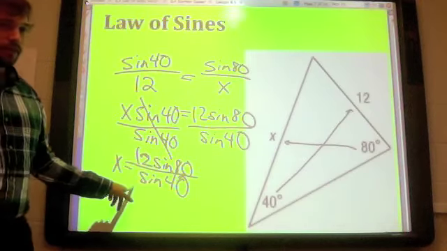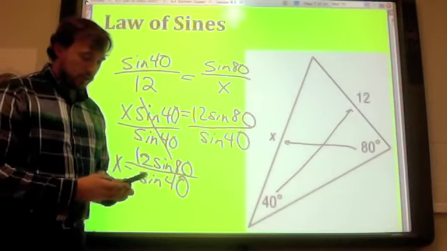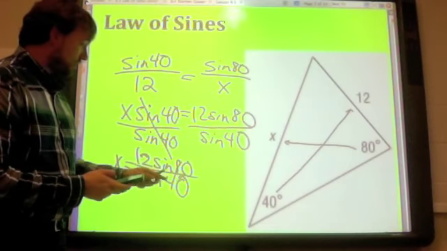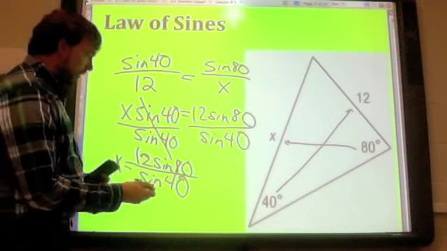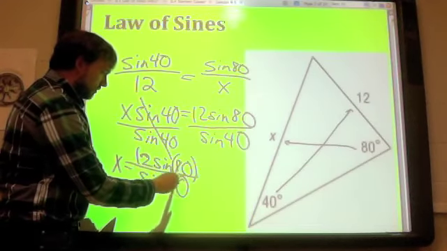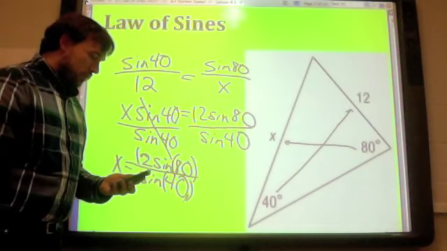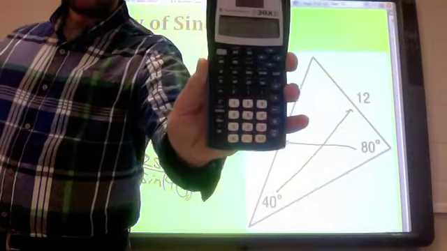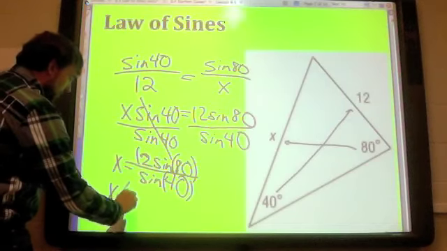Put that in your calculator. 12 sine 80 divided by sine 40. Now be careful when you do this, because you need to close the parentheses after the 80. So in your calculator, it should look like this, with parentheses, okay? And you're going to get 18.3638. So x is approximately